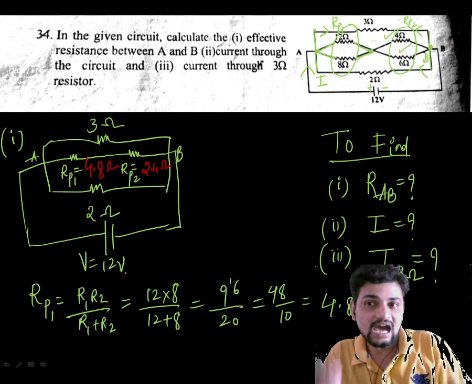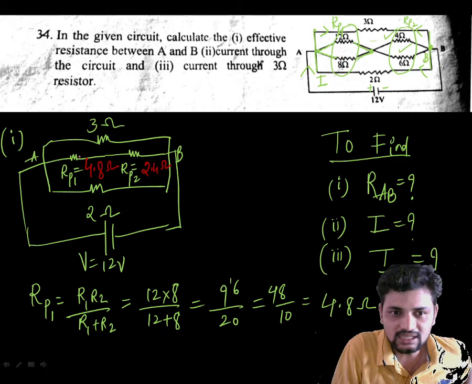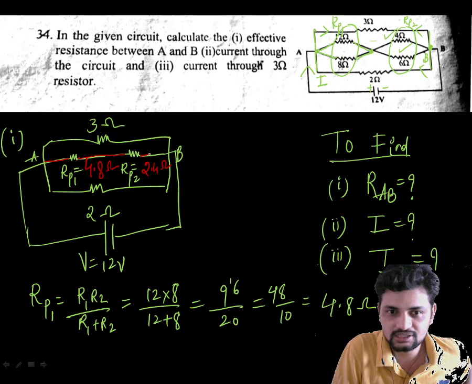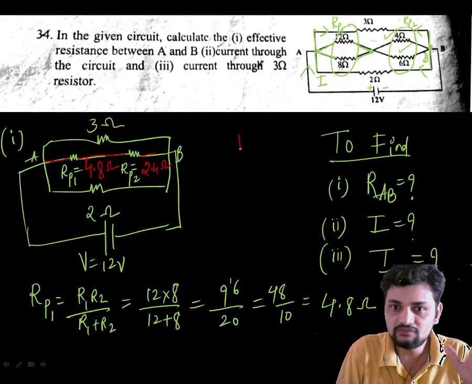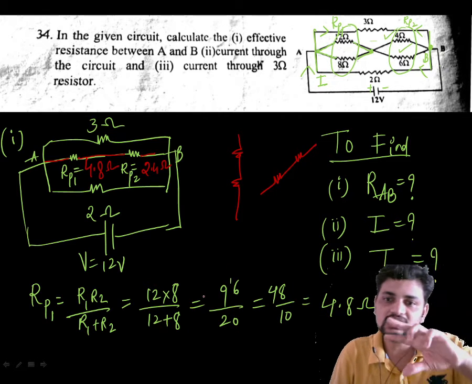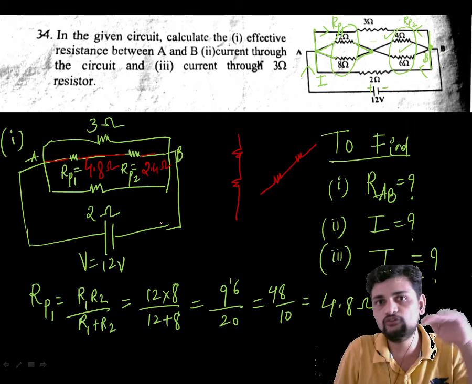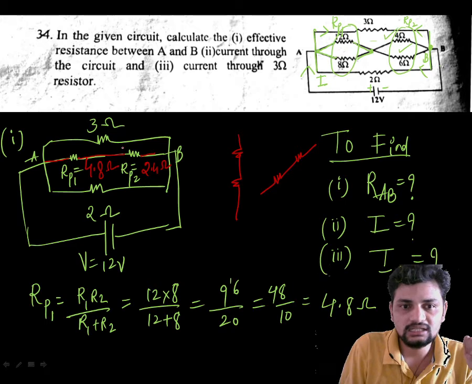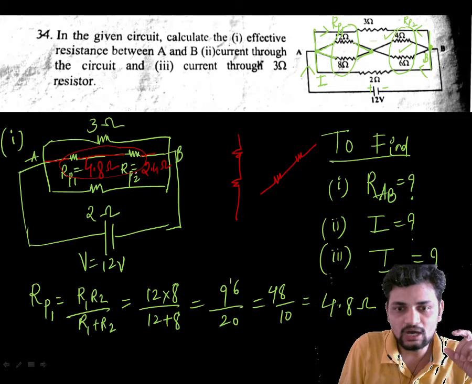Now, how are this RP1 and RP2 connected? So clearly, as you can see, one end is connected to another end. So this continuous connection of resistors, it is not necessary that they need to be in horizontal position. They can be in vertical position like this, or they can be diagonally like this. If resistors are connected one after another, such that the same current flows through the resistors, then such a connection is called a series connection. So RP1 and RP2 are in series.